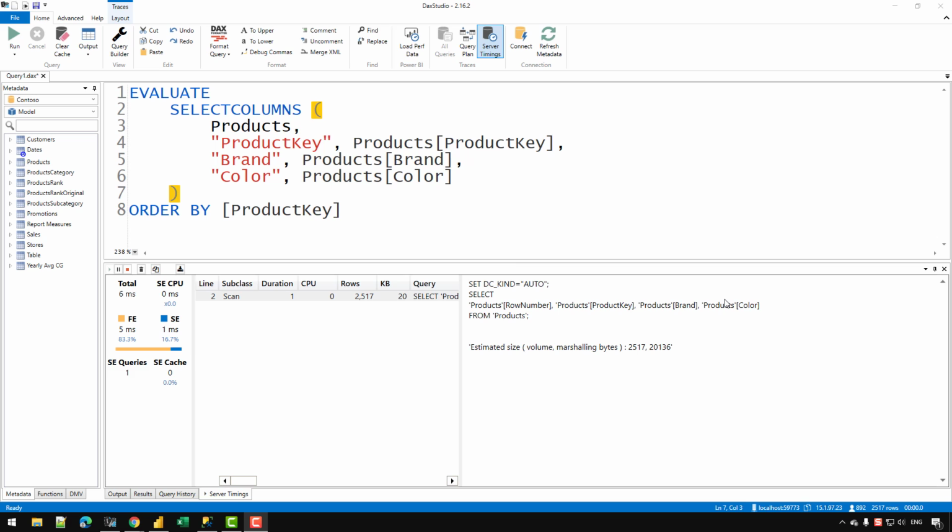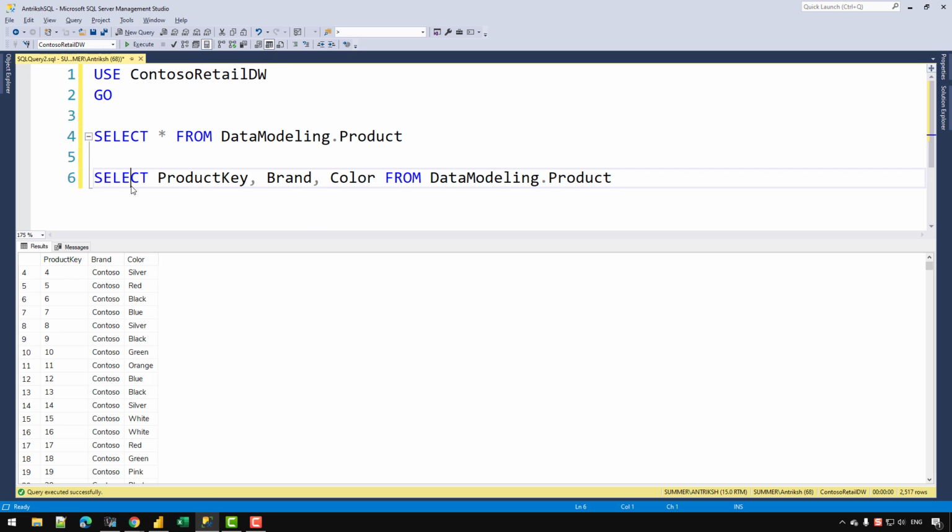So now let's take a look at how we can extract distinct values from these columns that we have already selected. So let's go back to the SQL Server, and in case of SQL, all we need to do is simply write distinct. But I also need to remove the product key column from this table, because the product key column in this data is the primary key, and there is no duplicate value in that table.